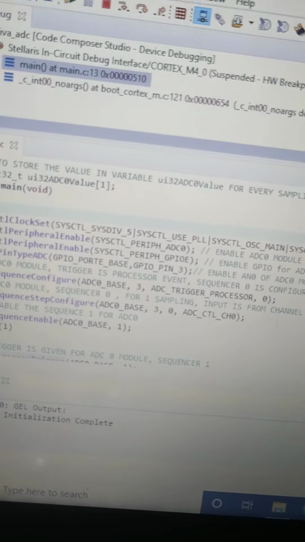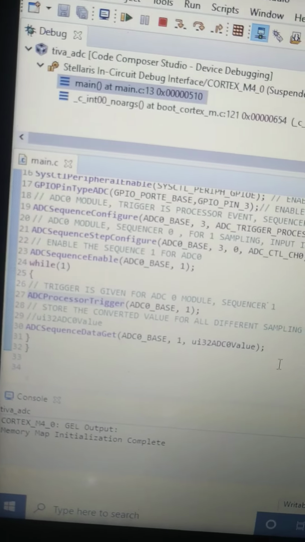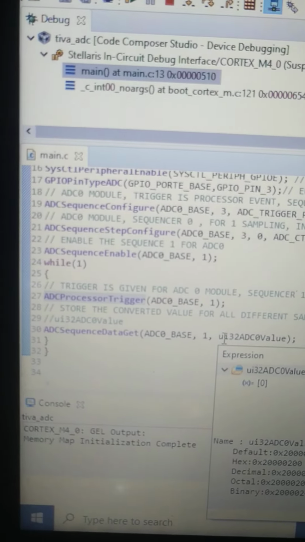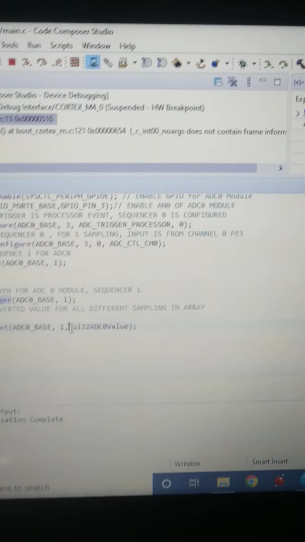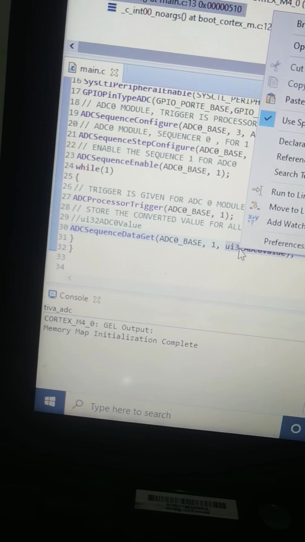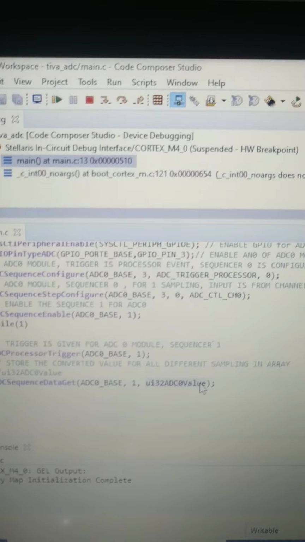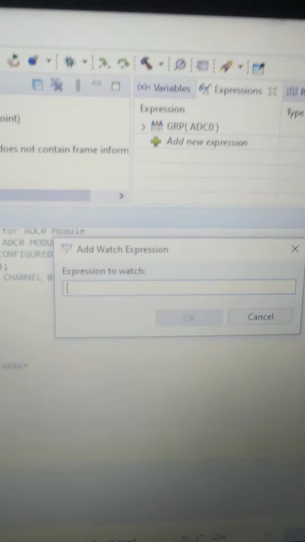And in the program, for the value we want to see, select it, add watch expression. You have to copy and paste this value to your watch expression. So I will do that.